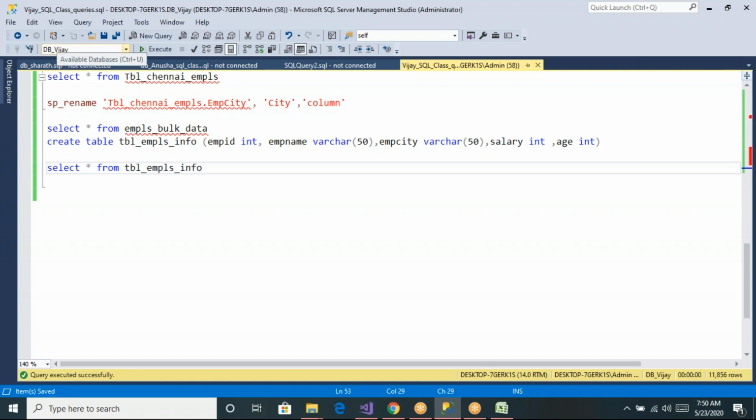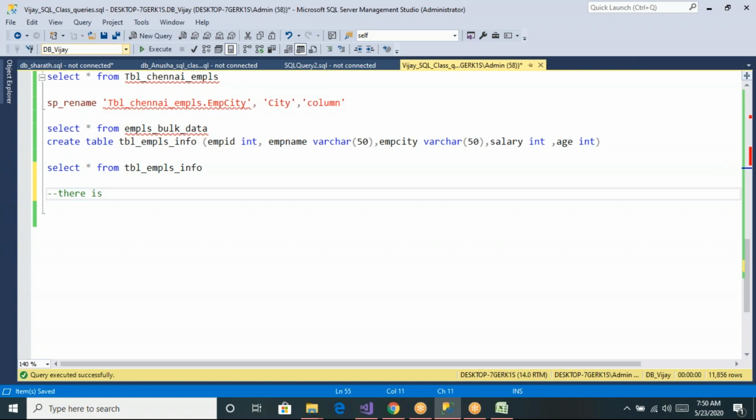He may say that there is a table present in the DBMohan database, and I want to create a copy of this table in the DBVijay database. So he is saying there is a table in another database with some 1 lakh records, and he wants to create a copy of the table in the current database.